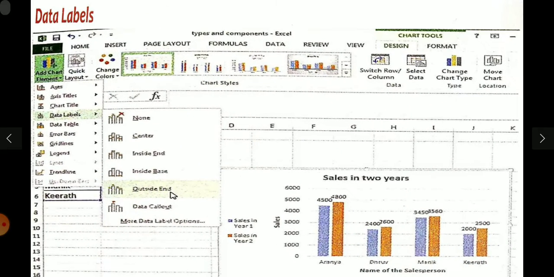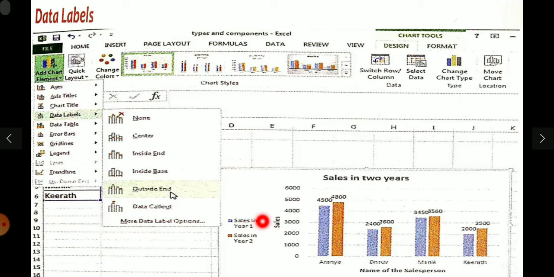This is about legend, and if we don't want it, we can remove it also. The next important option in add chart elements is data labels. You can display the value of each column on the chart. Click data labels and choose the label location. The chart will look as shown in the figure. In this figure we selected data labels and the outside end.